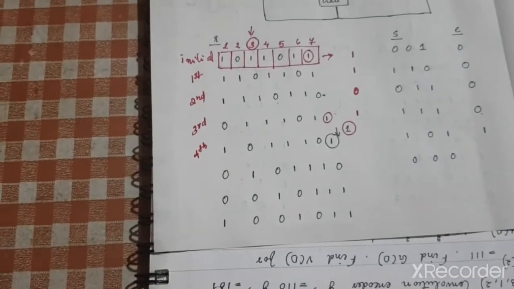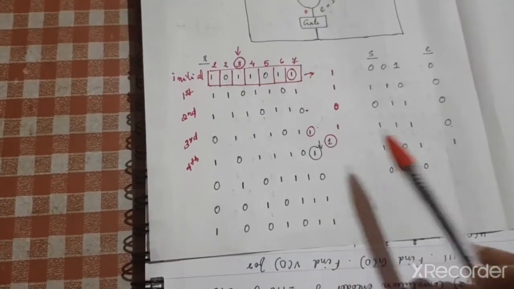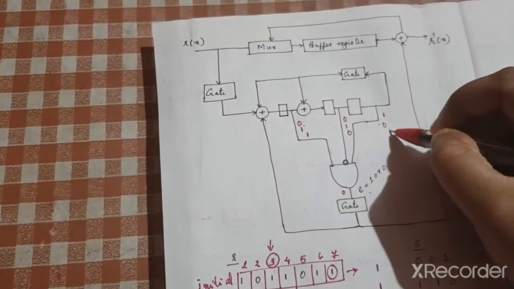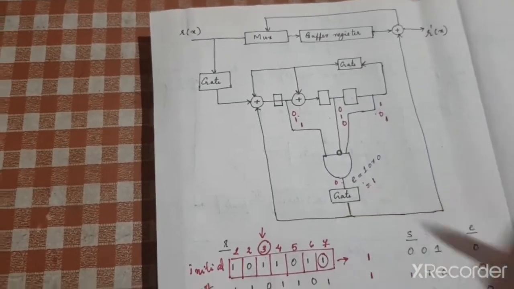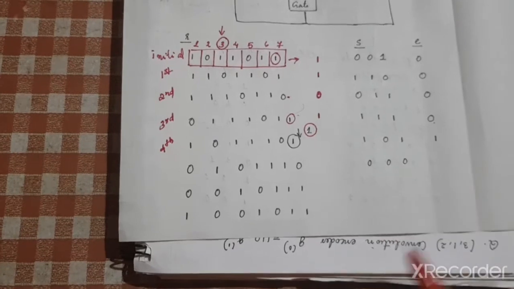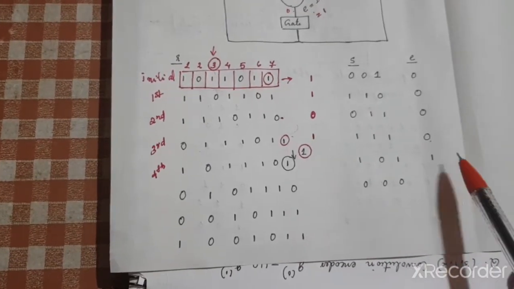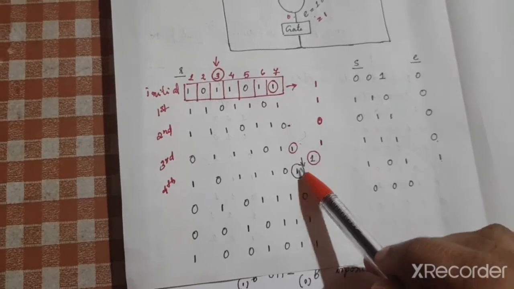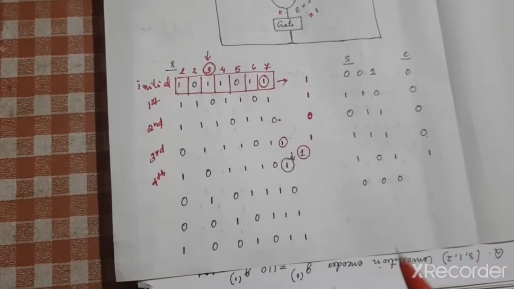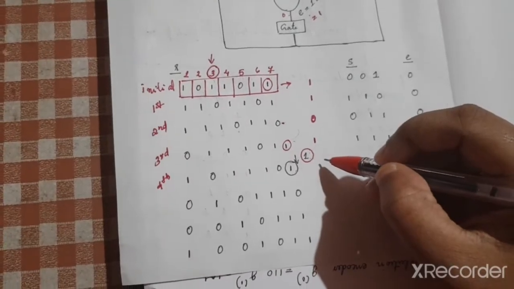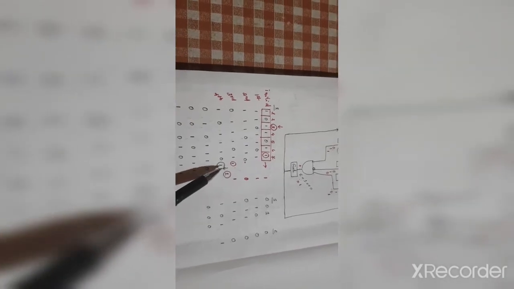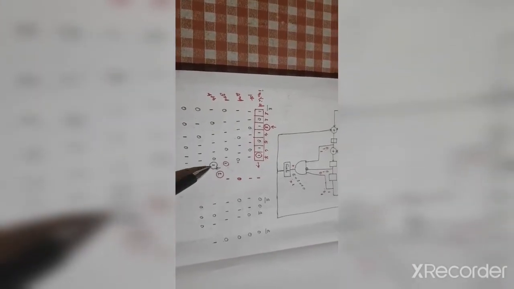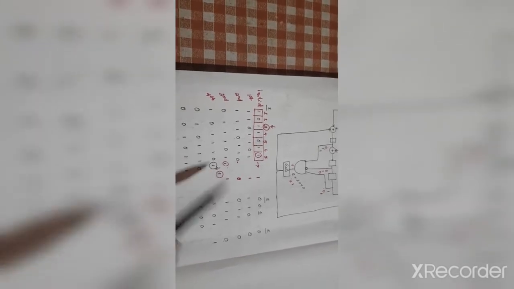With your fourth shift, when you get this particular pattern, your syndrome computed is 1 0 1. With 1 0 1 here, you will get E is equal to 1. So when E is equal to 1, we know that this 1 will be added to this particular bit. So what is happening is at this particular cycle, this 1 is getting added to this bit. 1 plus 1 becomes 0, right? So that 0 is being output from the shift register.